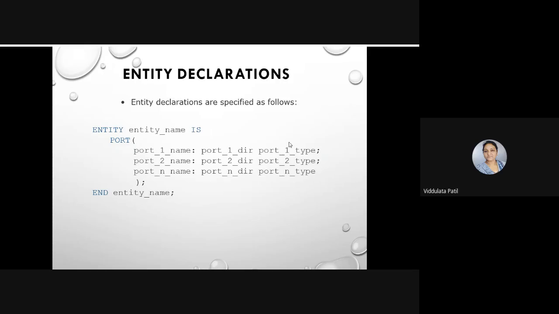Each of these ports will be separated with a semicolon. Okay. The last port will not have a semicolon, but then after that the bracket will be completed, and outside that bracket there will be a semicolon. Then the end keyword will be used, and then